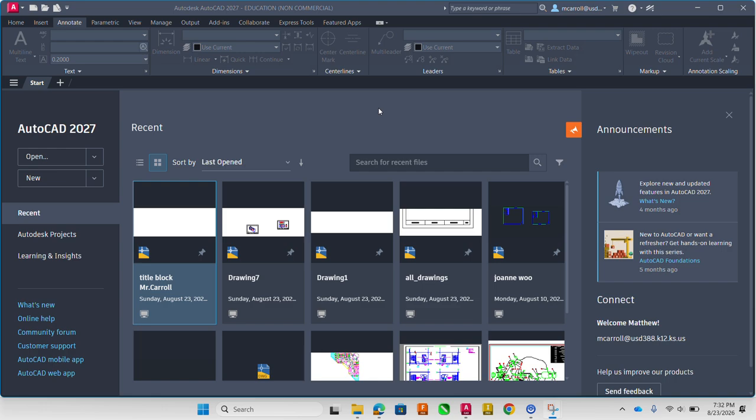Okay, this video will take you through setting up AutoCAD on your computer. You should already have it downloaded, and once you've opened it up, you should get to this screen. We're going to go over here on the left-hand side where it says New, and we're going to create a